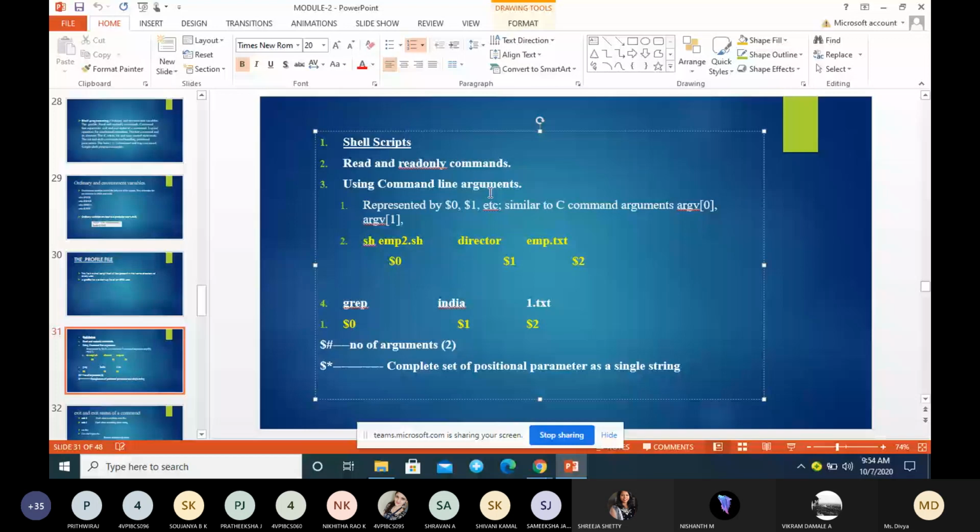Command line arguments, isn't it? From the command itself, from the terminal itself, we can give the input. The same way in Unix also, shell script also accepts arguments from the command line. So even shell will accept arguments from the command line.